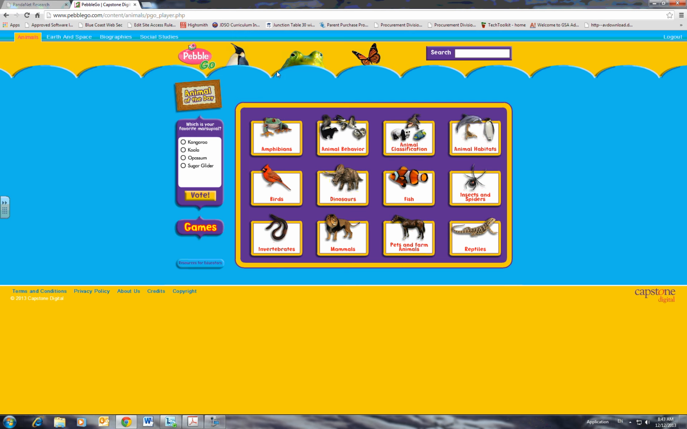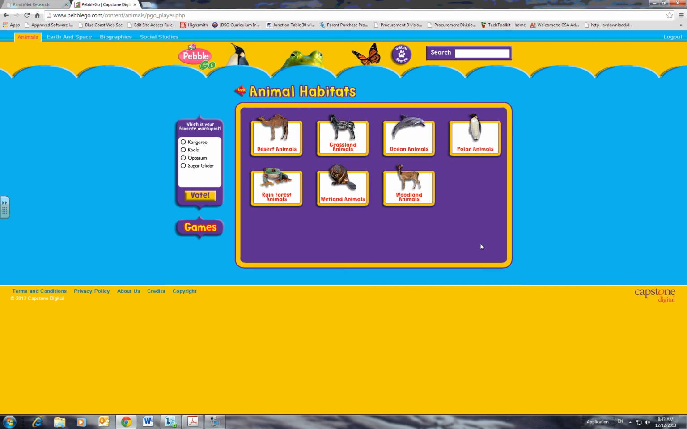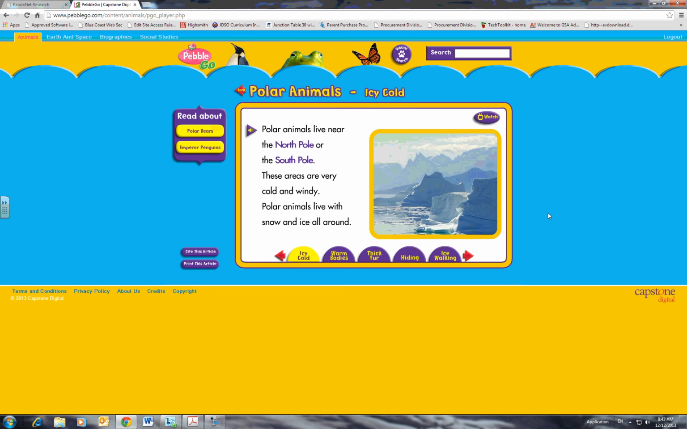Let's dive into one of these topics so we can see what an article looks like. Let's go to animal habitats. So here we're in animal habitats, and you can see now we've got subtopics. Now let's dive into polar animals. So in polar animals, we can see here we've got the title of our article, and we've got